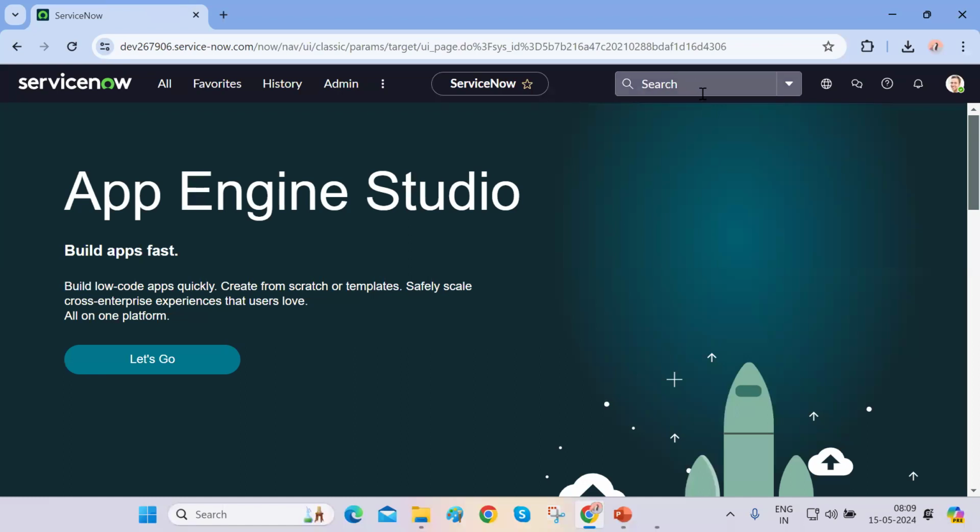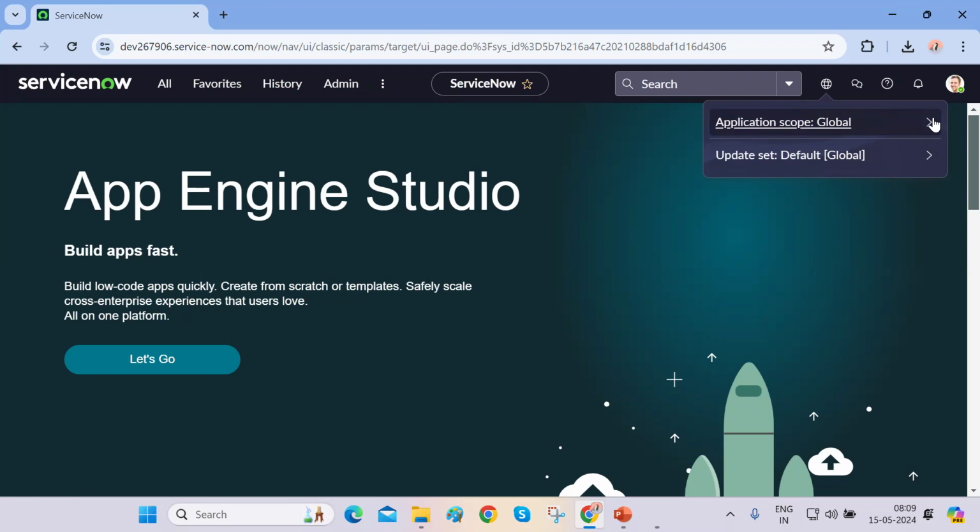Now, after this particular search icon, which is a global search, we have this globe-like icon, which is mainly used by developers, majorly. So this contains two things. First is application scope, and the other thing is update set. I will explain all these things to you later on and deeply, but to get an idea of what an